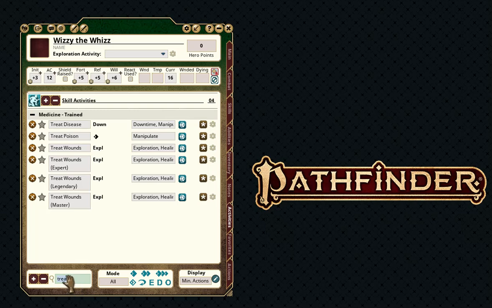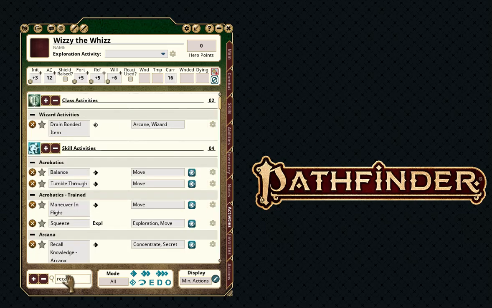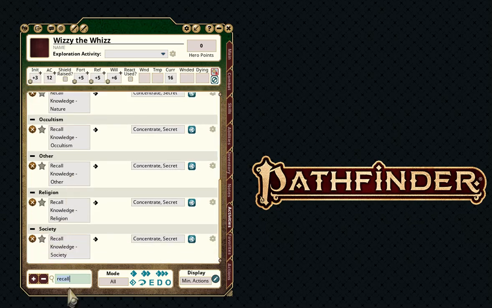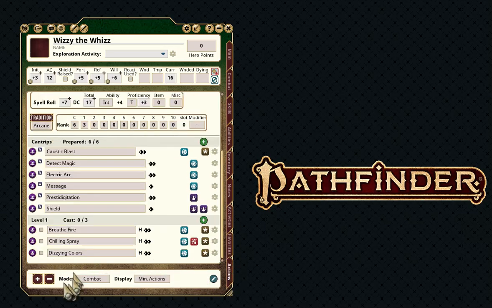Obviously, this filter is very useful if you need to do a Recall Knowledge check. Just type in some of the name of the actual activity, press return, and it will bring up all of the activities that match, and then you can make your check. So yeah, just really in summarizing here, it can be very, very confusing,